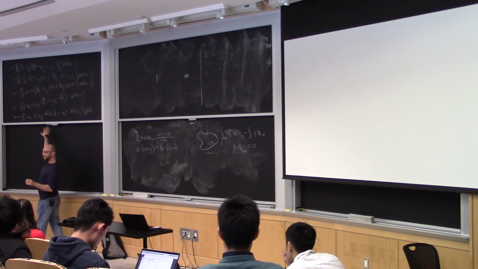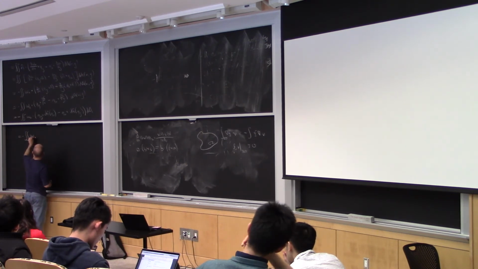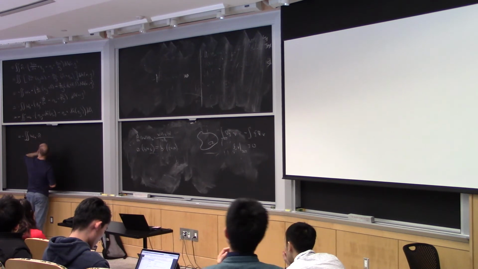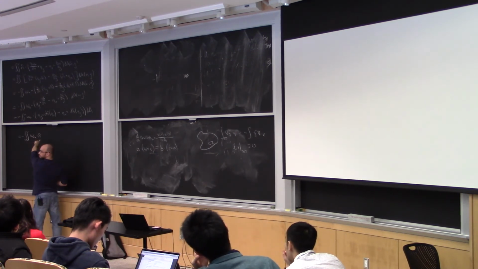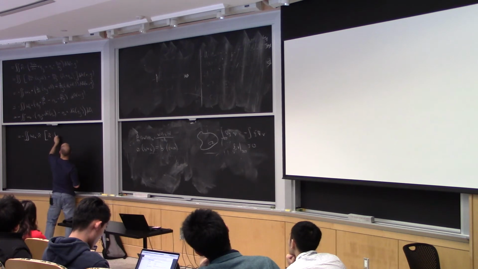Because it's in the normal direction, I can do something kind of sneaky. I can write this as minus the double integral of W_t dot product with n, which is the direction of my vector, times a scalar, which is n, again, dot product with all this other stuff.